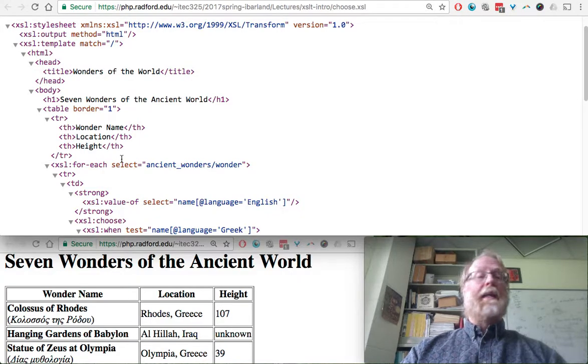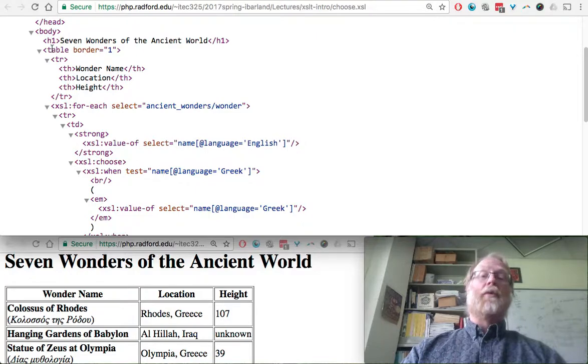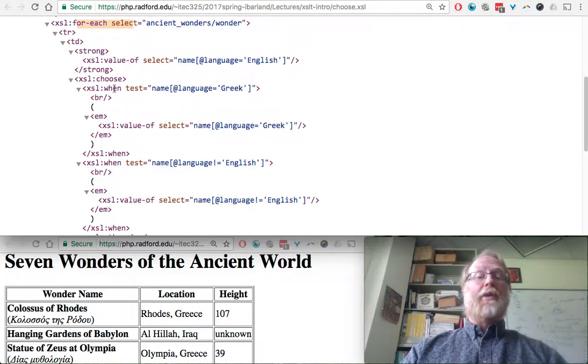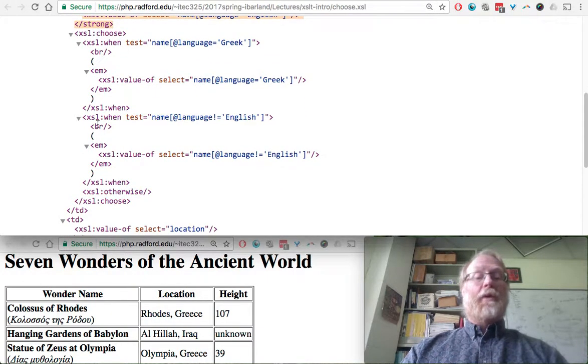and here we can go ahead and see that, like we've already seen, we're going to have a for-each loop, for each of the wonders. Inside there we'll make a table row. This whole thing is inside a table tag, of course. And then for everything in the row we went ahead and had a TD with the name. And then we're going to go ahead and